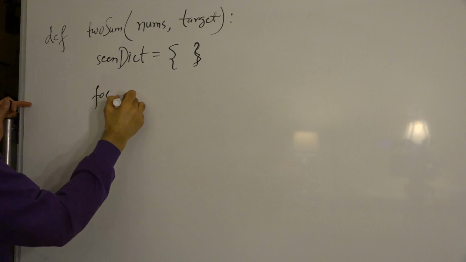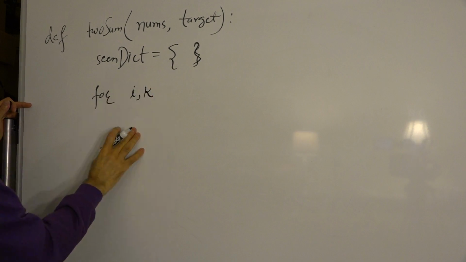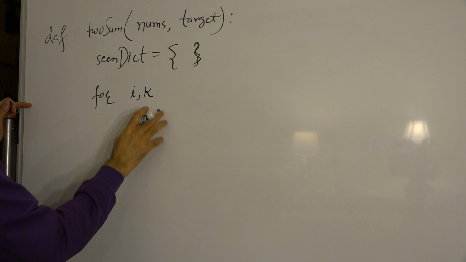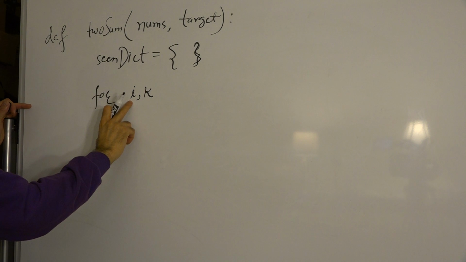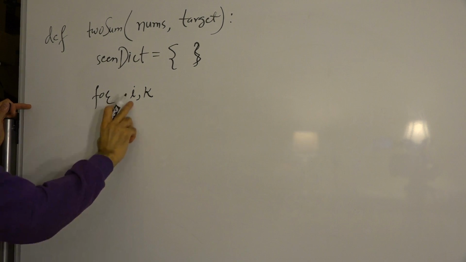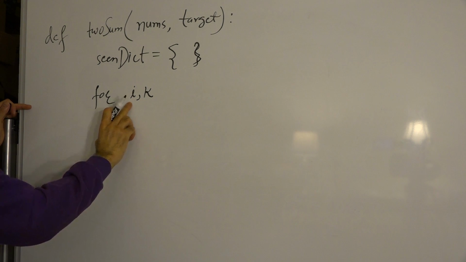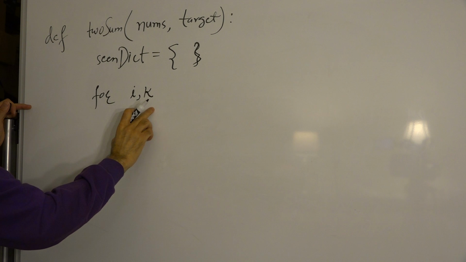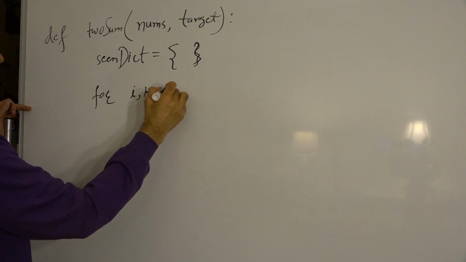So for, I'll have two variables here, i and k. One is the loop iteration. It gives us the value of the loop iteration. If it's the first iteration, it is 0, if the second, 1, and so on. The second gives the number in that iteration. Okay, for i, k in